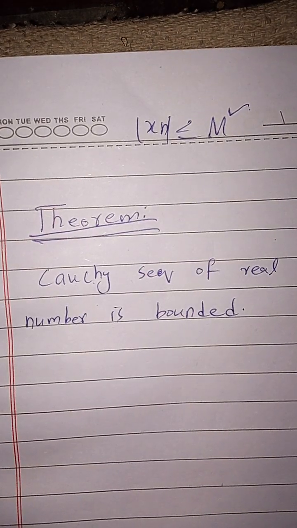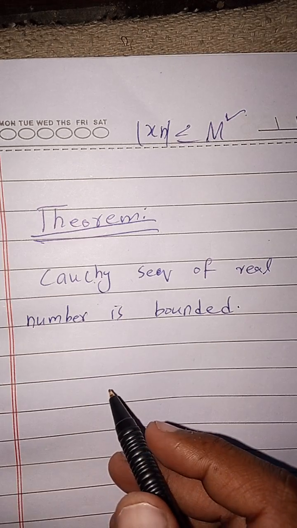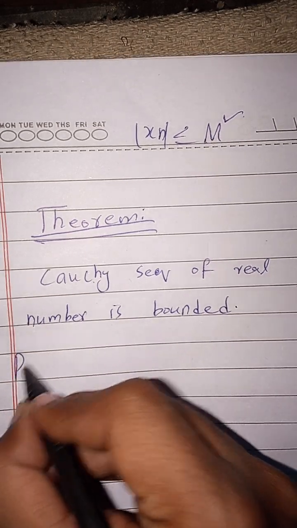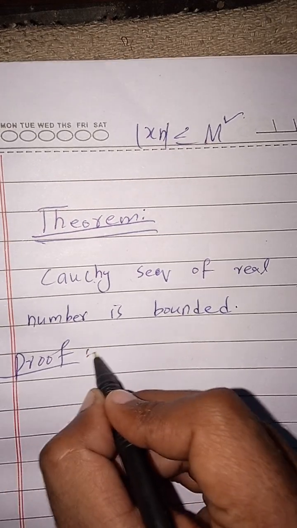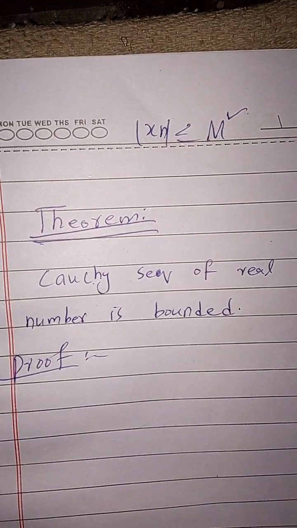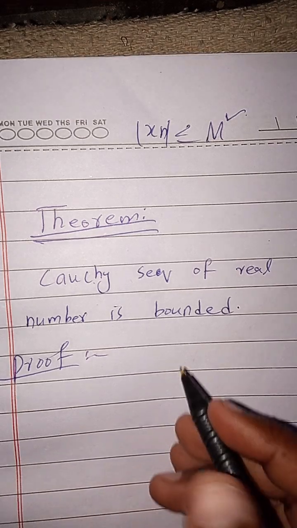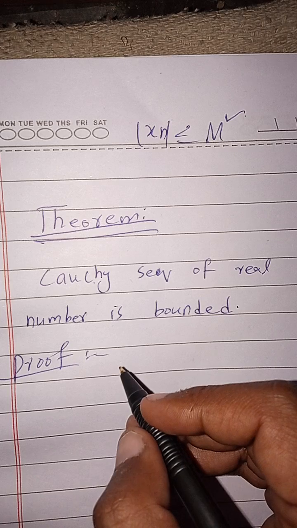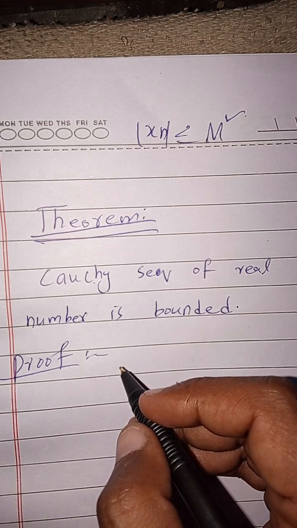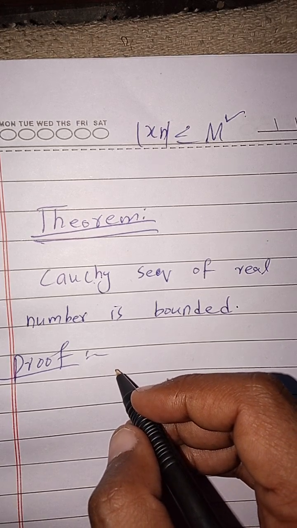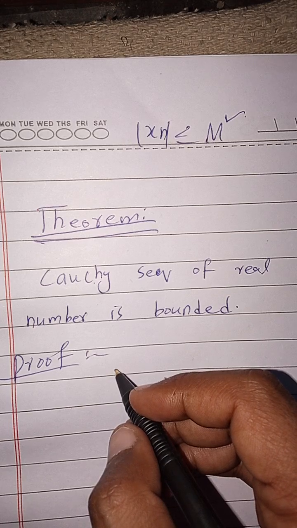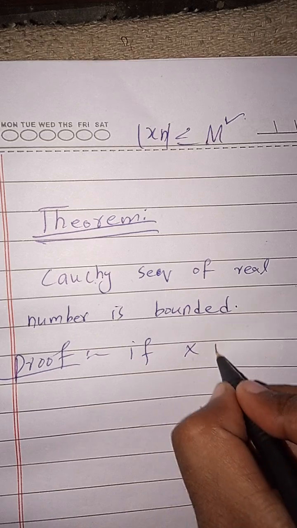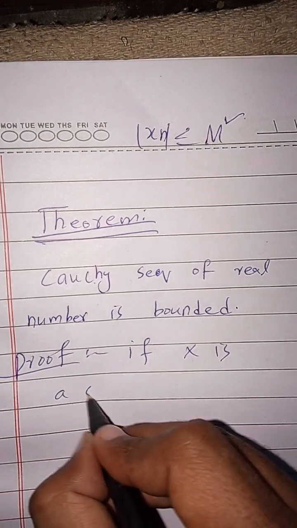So it is given that the sequence is Cauchy. Let's try to prove it. If we are going to prove, then we will suppose here that x is Cauchy, and it is given that x is Cauchy. So if x is a Cauchy sequence,